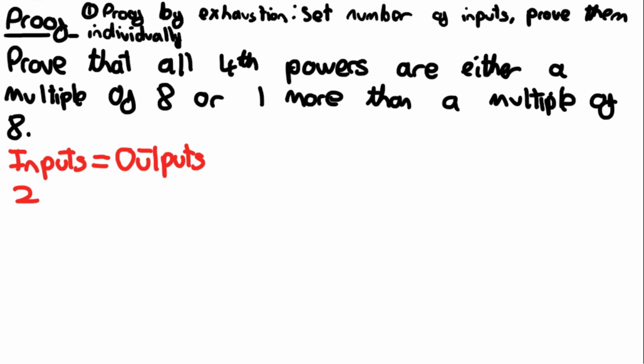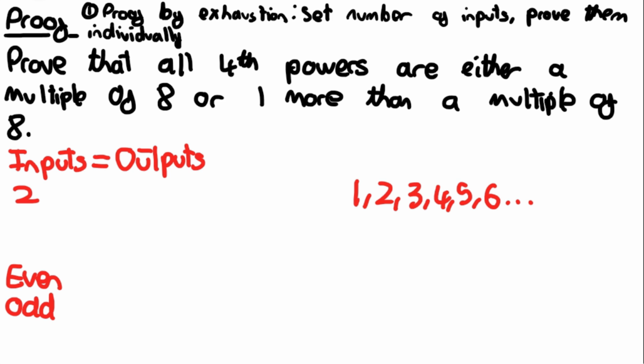So what do we actually mean by this? Well, we need to class all positive integer values into 2 sets, and the way we can do this is by classing them into even and odd. Another way of saying this is a multiple of 2 or one more than a multiple of 2, and we'll see in a sec why we can describe it like that. All numbers are either even or odd. So it separates all positive integers nicely if we separate them into even and odd numbers,